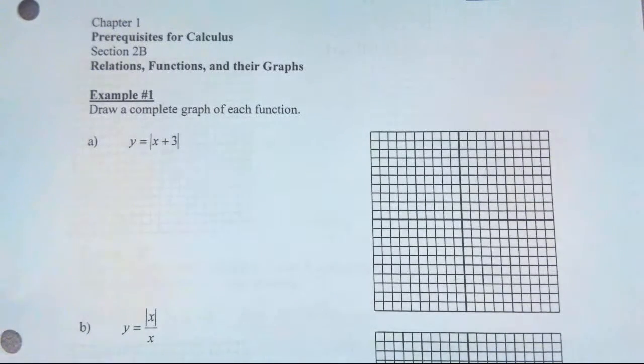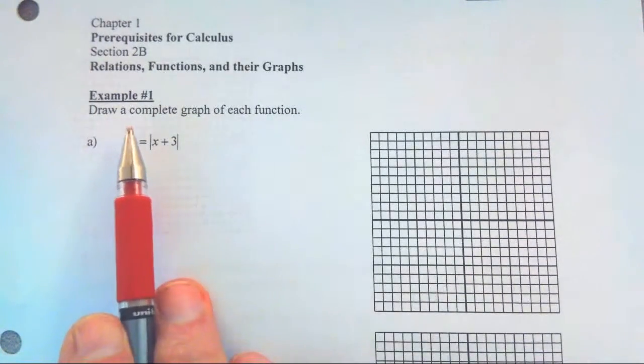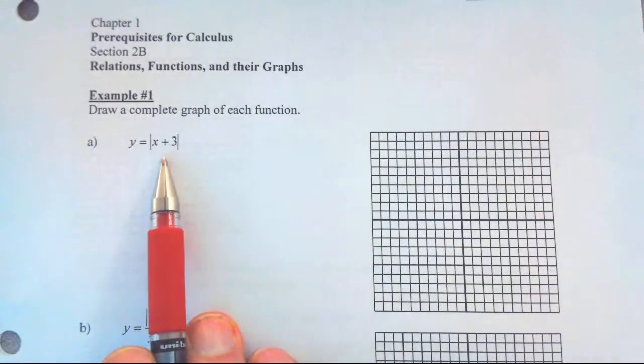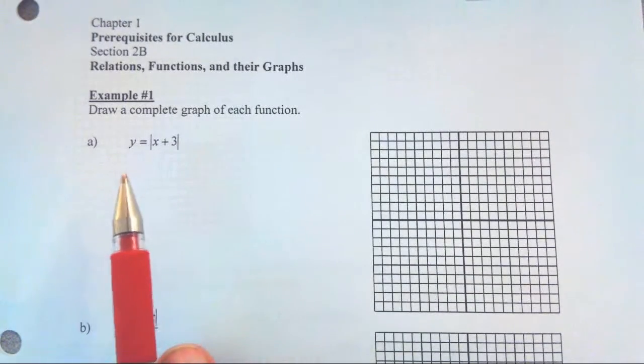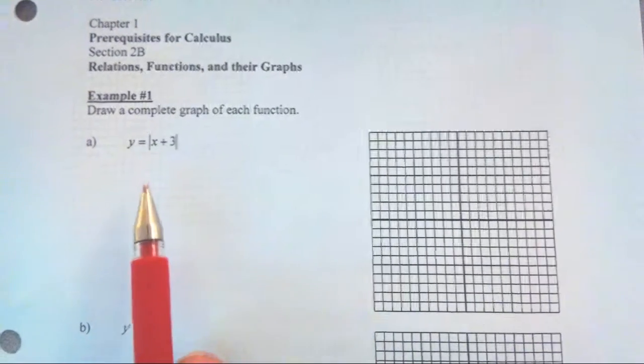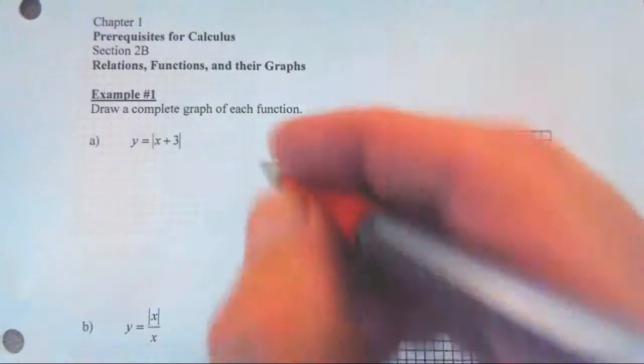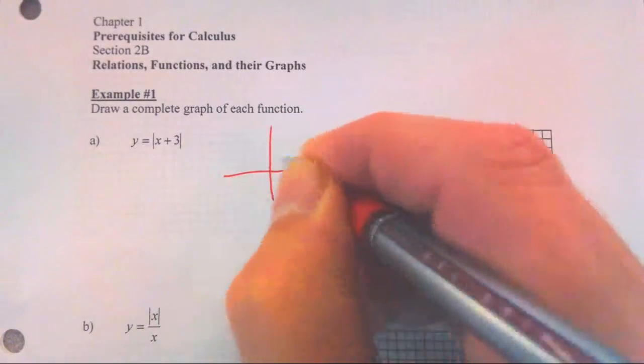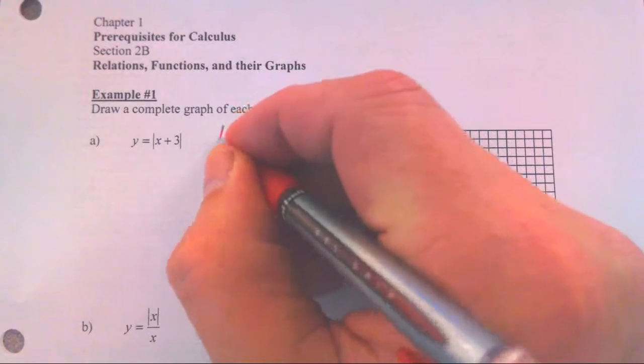All right, let's take a look at part 2 from chapter 2. I think pretty straightforward. When I look at this first function, all we're supposed to do is draw a complete graph, so we could just t-chart. But I would like to think that we know that the absolute value of x, that function, just plain old absolute value of x,